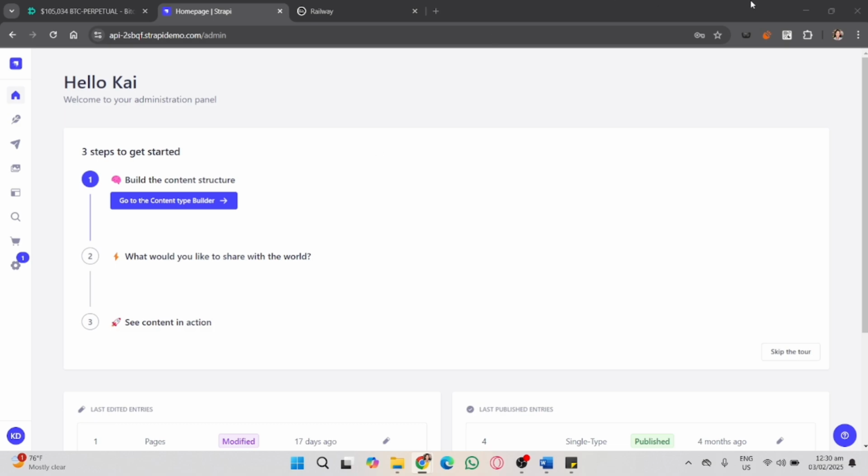While Vercel isn't the best option for full backend hosting, this method gives you a way to test and